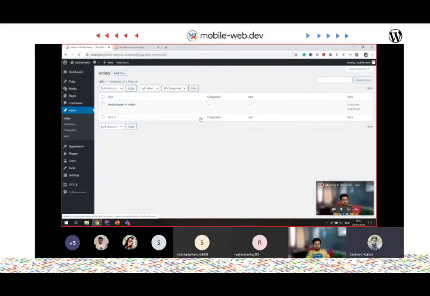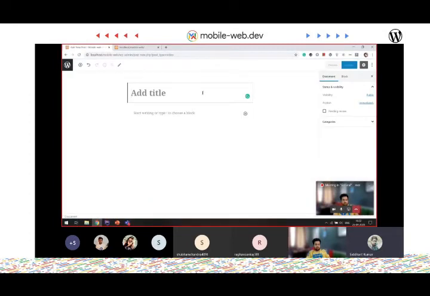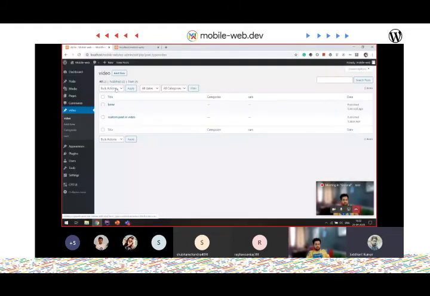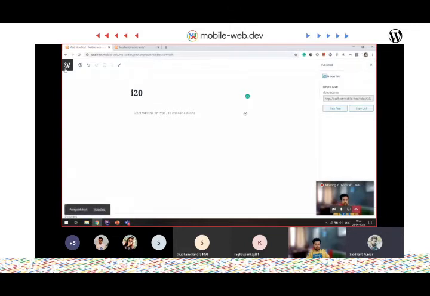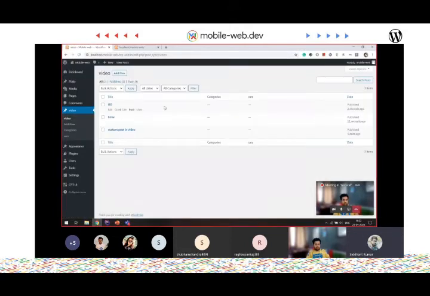But first, assign them to a post. Add them to a post. Say BMW, so we will know which is which. Publish this. Create another post with the name of the car I created. So it will give you an idea how you can query your posts using custom taxonomies while creating your theme. We'll be doing a lot of these things in our theme.